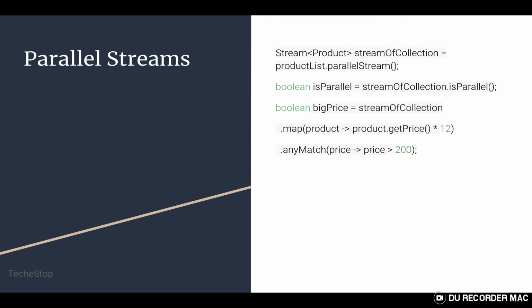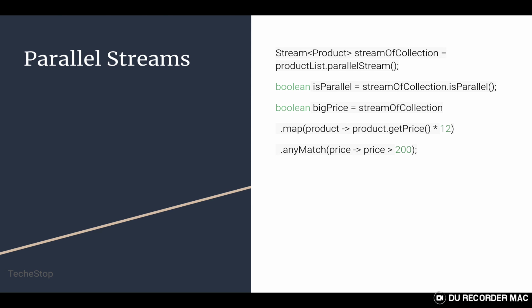Creating the subsets of the data source and then combining all those results is the extra overhead which we incur while executing parallel streams, but ultimately it gives you that performance benefit, so that your entire stream operation, the final result, gets generated faster than with sequential streams,